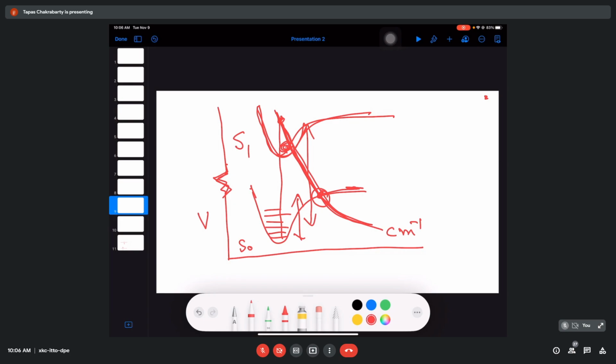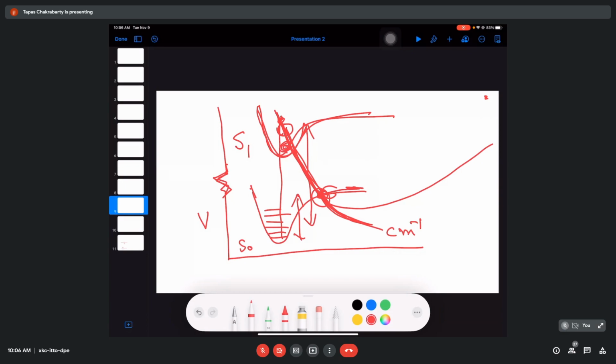Okay. Now, not all the time that it can just come down here, but sometimes it could be something like this excited state. So it means that instead of a deeper minimum, this excited state can have a very shallow minimum. And if it is a shallow minimum, then because of this interaction of this excited state with the ground state, it can bring down the molecule from here to here.